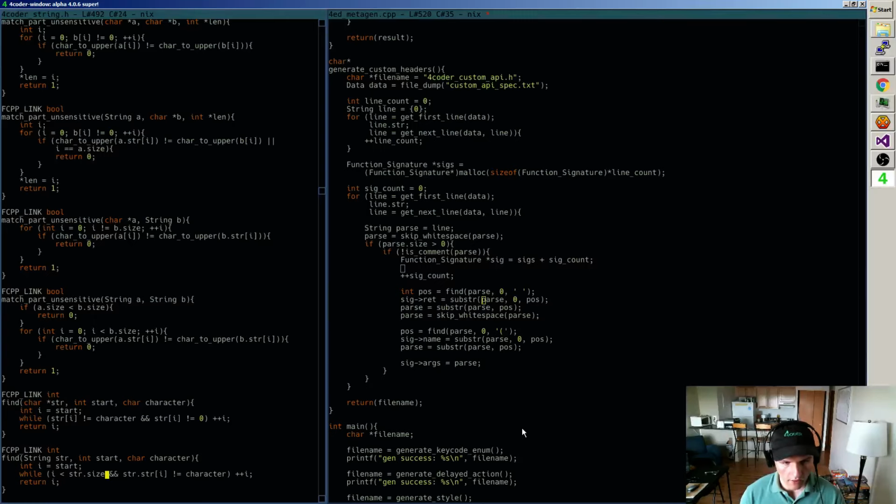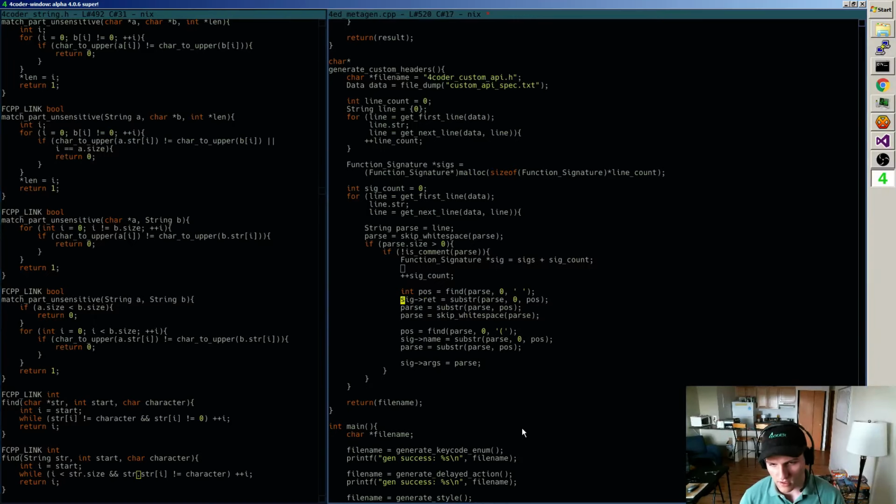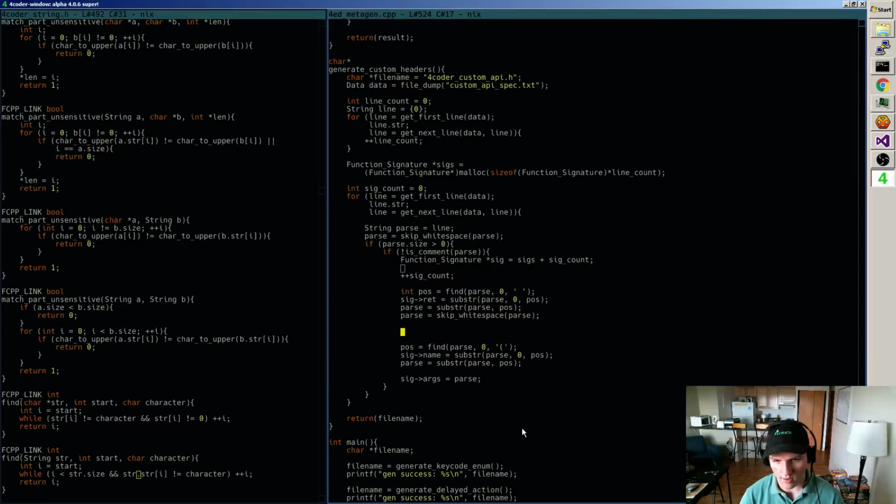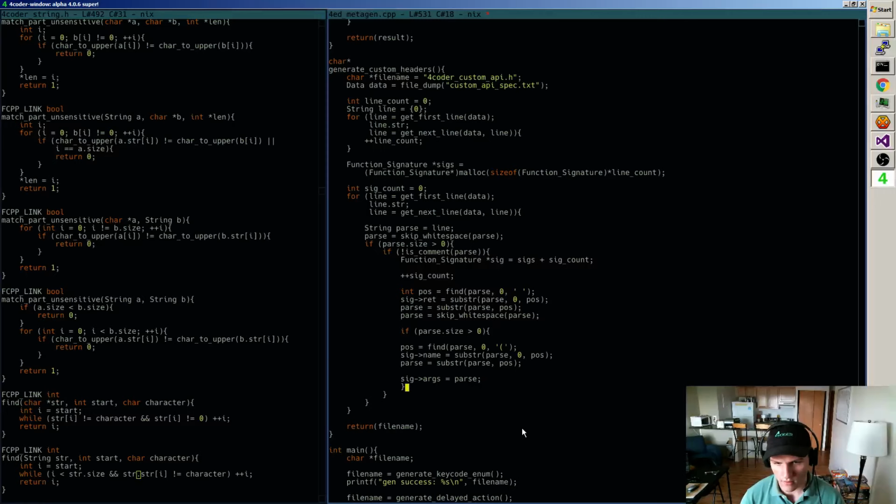Okay, so it'll just return size, and that means that this will be the entire thing, and then when I do this and this, it'll be empty. So I don't want parse to be empty. If parse.size is greater than 0 still, then continue on.